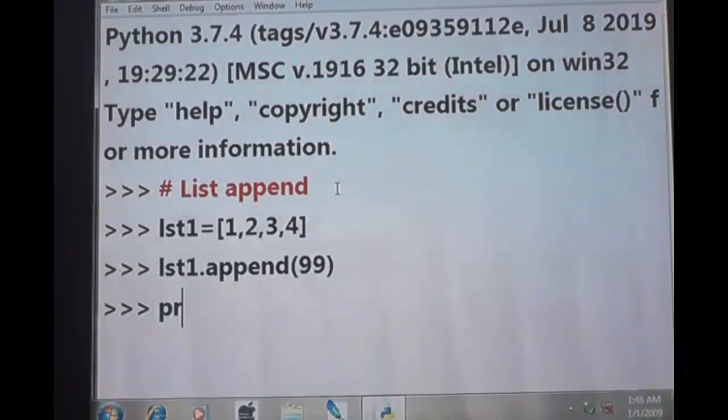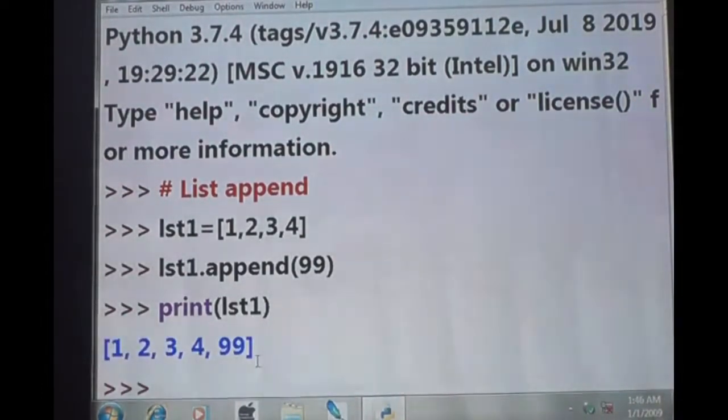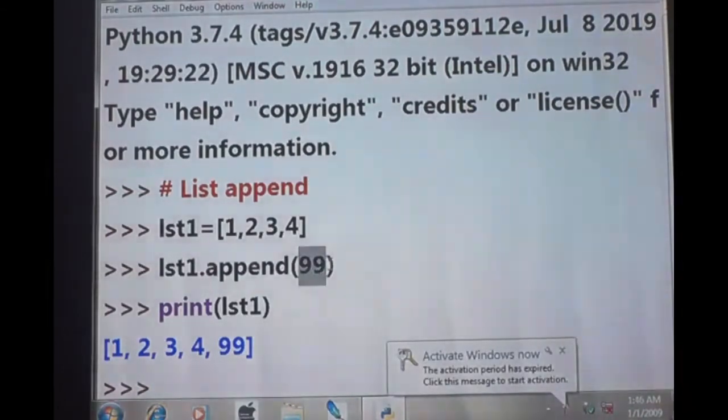If I try to print LST1, now tell me what is the output. The answer is 1, 2, 3, 4, 99. Any guess? You see, append means it will add at the end. So 99 is the value, it will be added at the end.